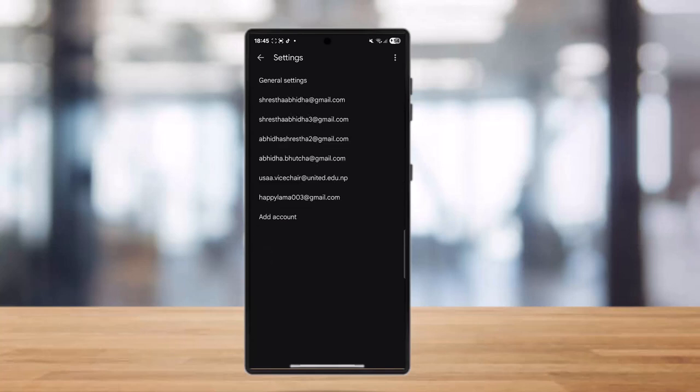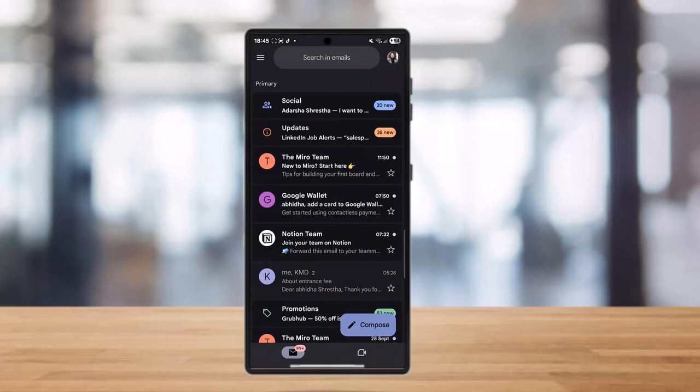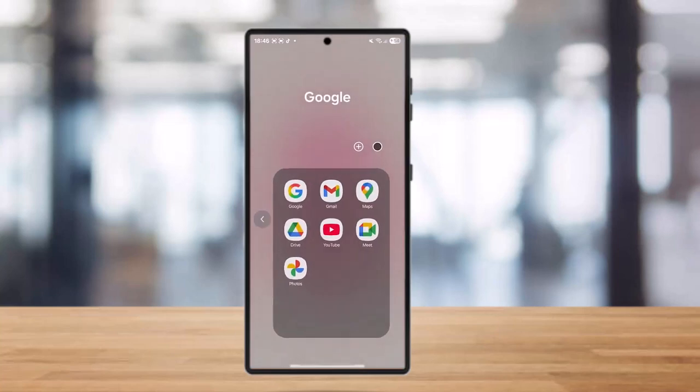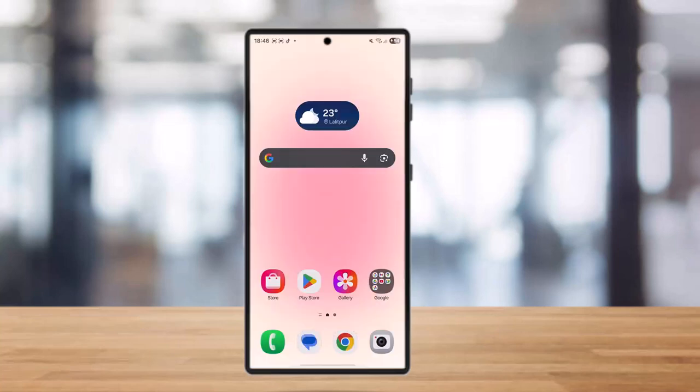So once you have saved the change, when you open an email, suggested replies will appear at the bottom of the message. Now click on the suggestion to simply fill it. After this, you can also edit the suggestion to personalize it, and for the AI powered help me write feature,